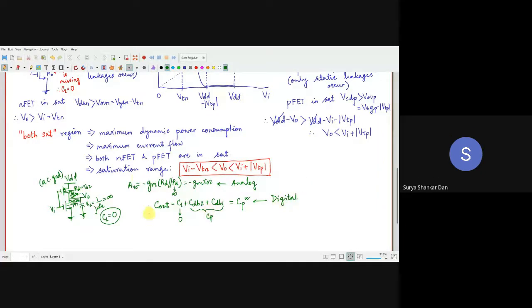For the same circuit when you are operating as an analog IC, you are going to put a resistive load. In that case, what will happen? Only the intrinsic resistance offered by the load transistor, that is RO2, will come into the picture because RL equal to infinity. Got it? Excellent.